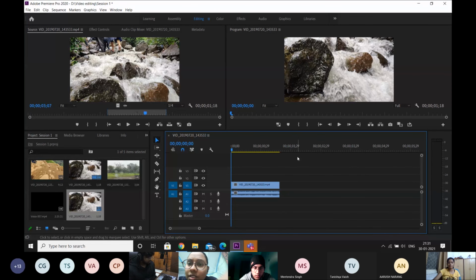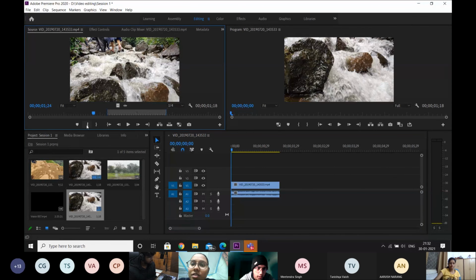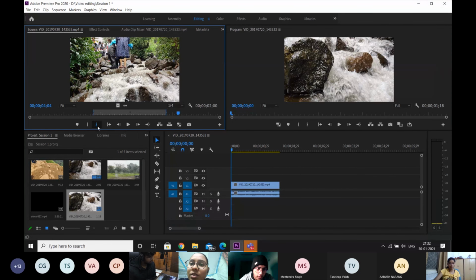I have one doubt. The in and out you told, I and O, is it the same thing as the curly braces that are right next to the marker? Yep, yep, these are the same things. And what is the role of the marker there, which is the leftmost, this one?